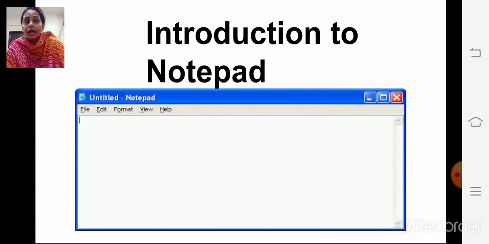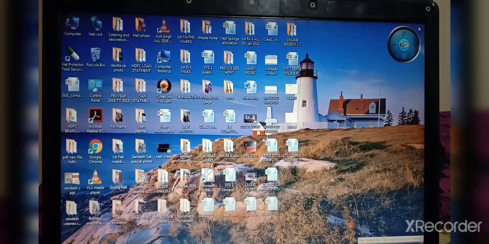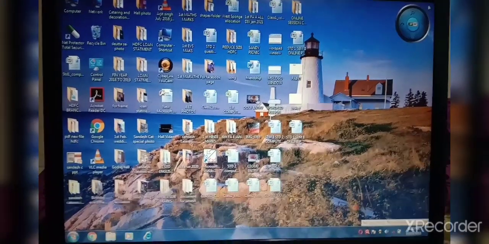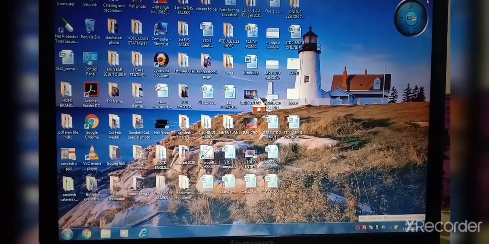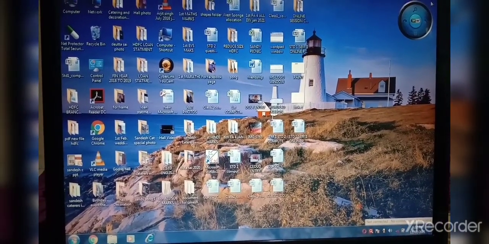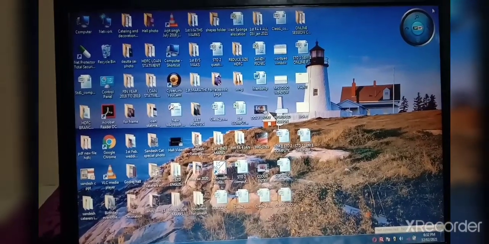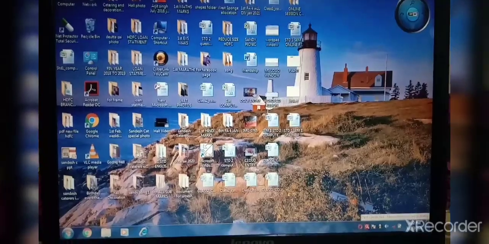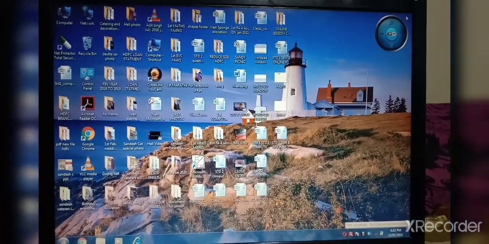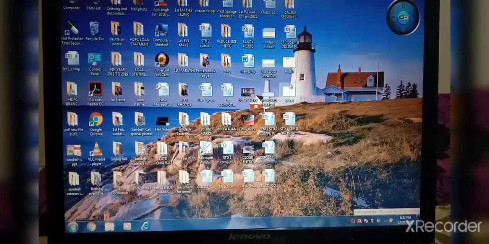Okay children, now look here. Now we will do a revision of Notepad. How to open Notepad? See, click on the start button.